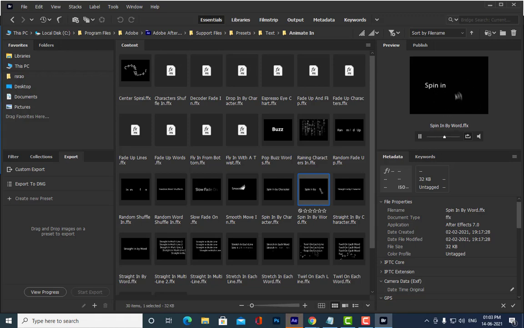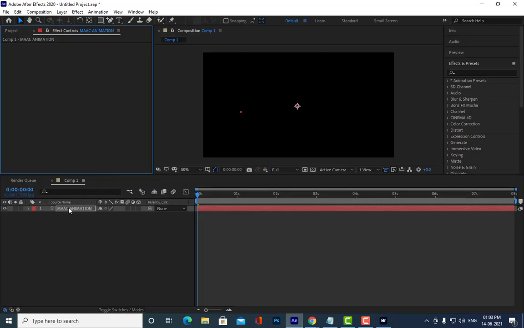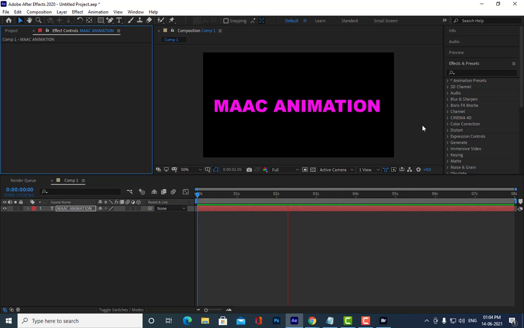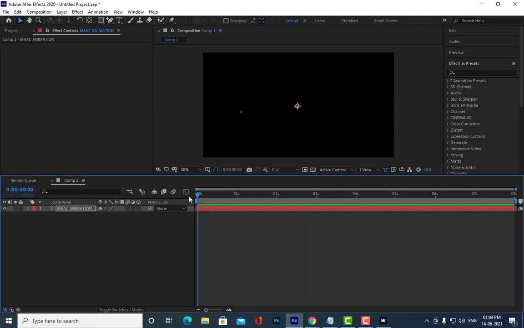Double click and let us hit spacebar. See here, can you see? What happened? See, this is the preset animation that I have applied.